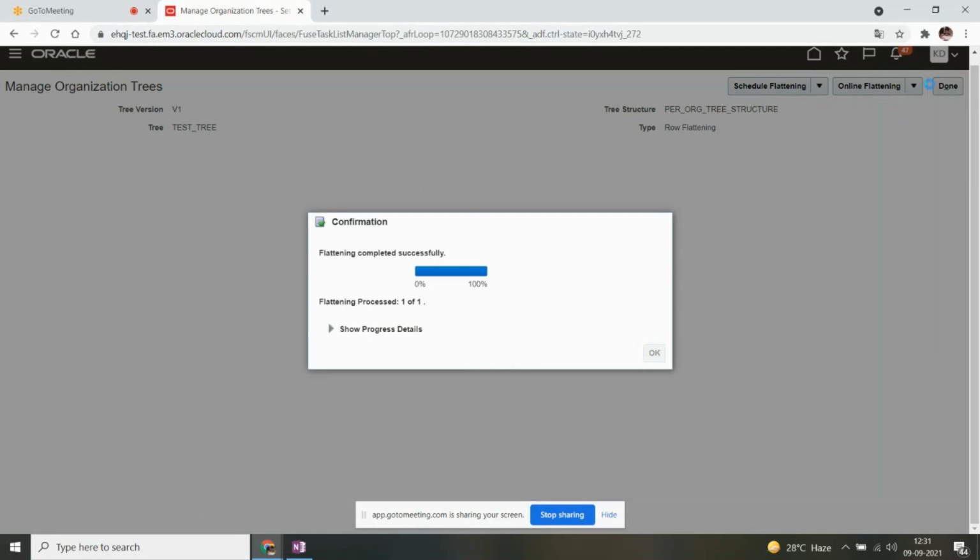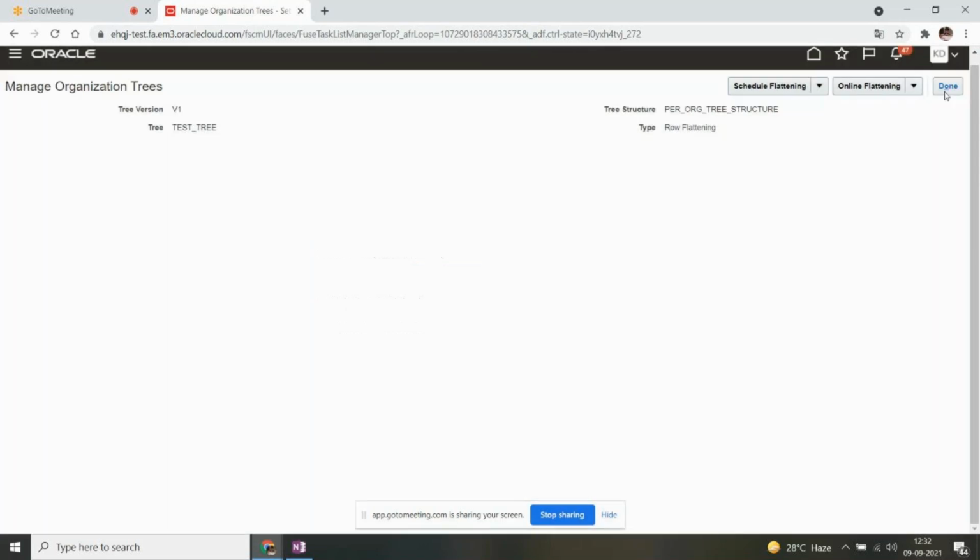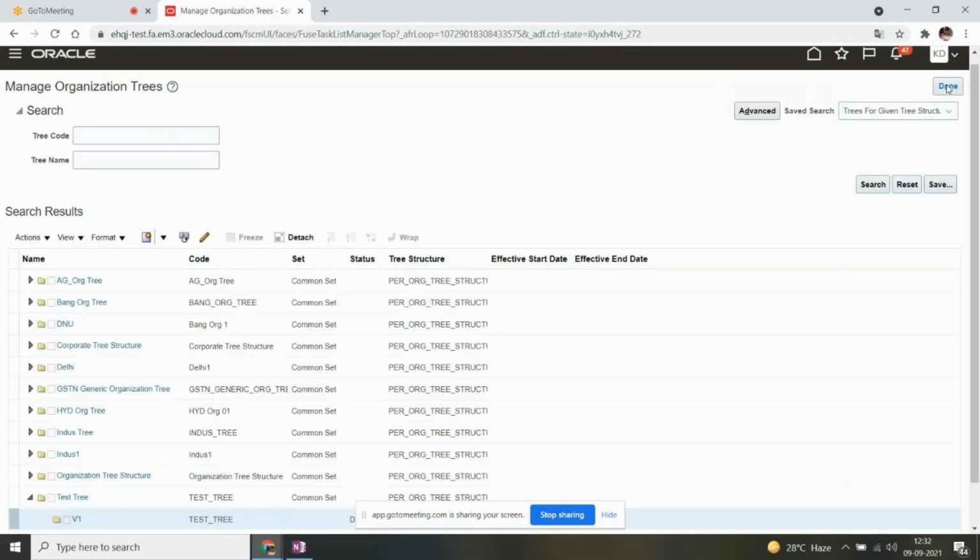So our flattening is done. What is flattening? The purpose of flattening is, as the tree contains parent nodes, child nodes, again leaf nodes, right? First it will try to arrange them in the back end accordingly. So in order to arrange them as per the structure, we will use the flattening concept. But beyond this, what happens, we don't know. That is the basic purpose of flattening here.